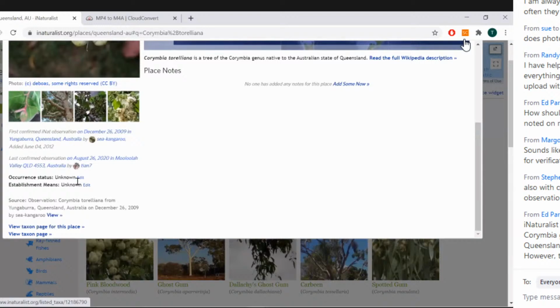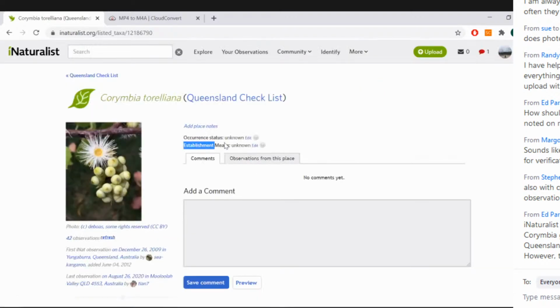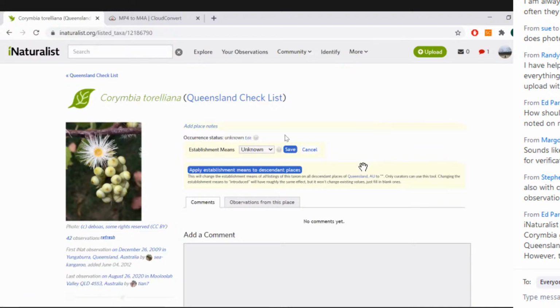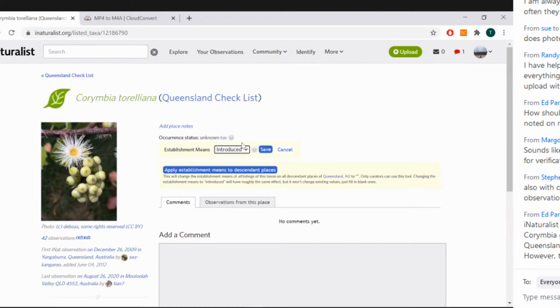And I'll click Corymbia torreliana. And if I scroll down on the left here, it says establishment means unknown. So if I wanted to change that to introduced, all I would have to do is click edit. And then here again, it says establishment means, and I'll click edit again. And from the drop-down menu, I can change that to introduced. And then I press save. And now every time someone uploads an observation of Corymbia torreliana in Queensland, it will be automatically tagged as introduced. And anyone can do that. So you don't have to be a curator on the site. Anyone can change the establishment means